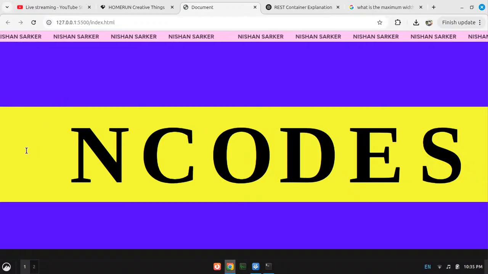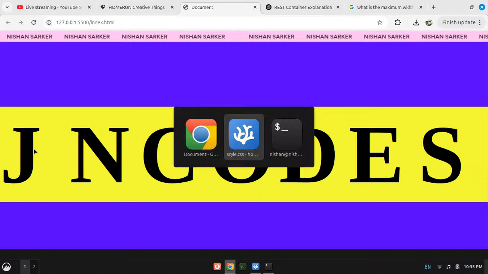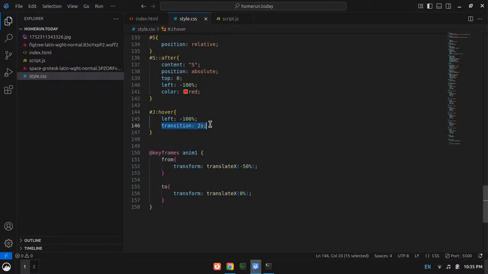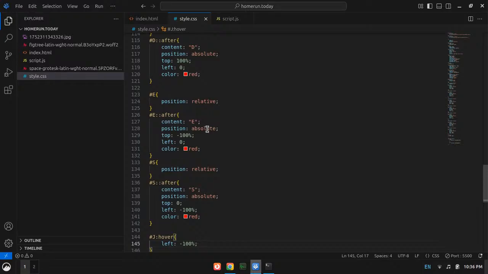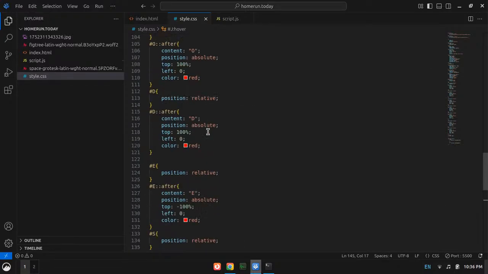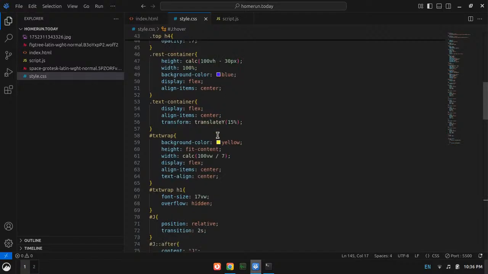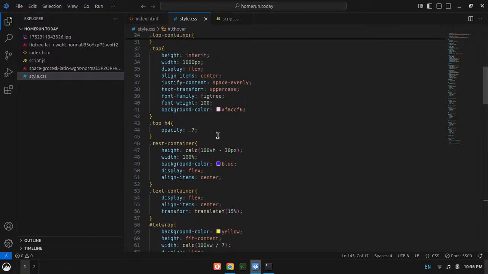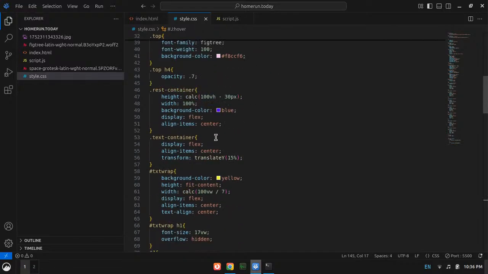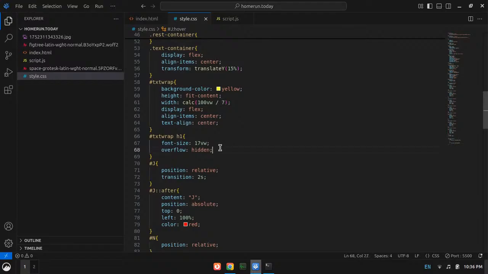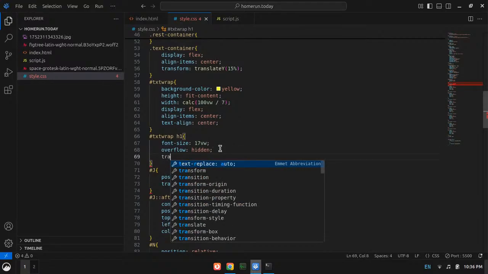Why is it instantly going to nowhere when I am hovering over it? What am I doing wrong? Maybe I need a transition all.